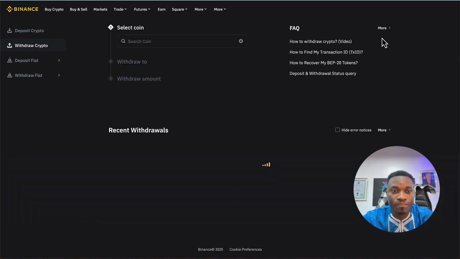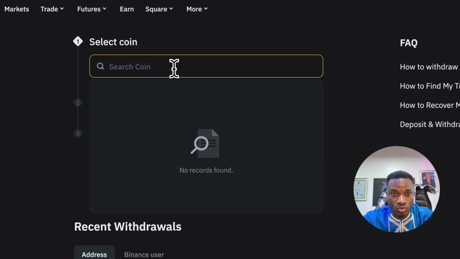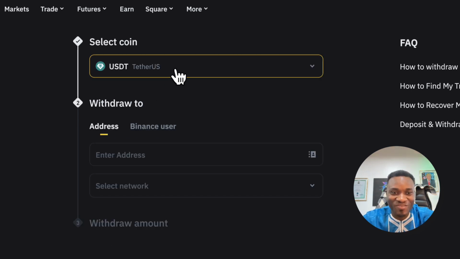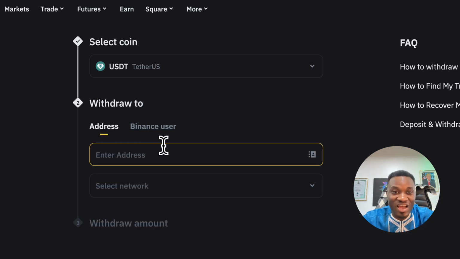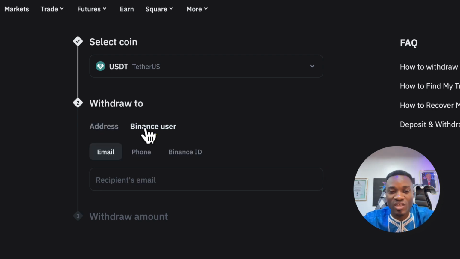Once you click on withdraw, you have to select the network and the coin. Let's say USDT. Click on USDT. This account has $2 in our USDT account. So you have USDT, then the address and the Binance user. You know, on ByBit we have internal transfer, but on Binance we have Binance user, right? So you click on Binance user if you want to send to another Binance user. But if you are transferring from Binance to another crypto exchange trading platform or to a wallet, just click on address